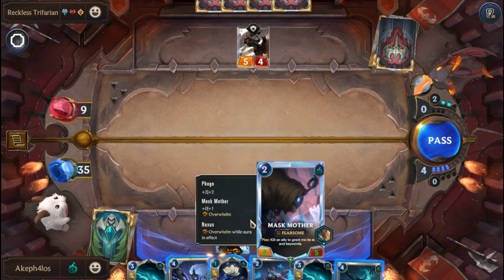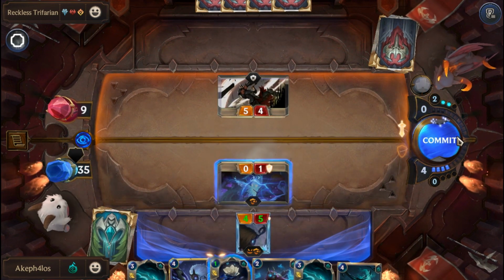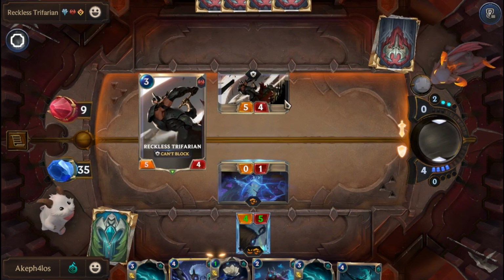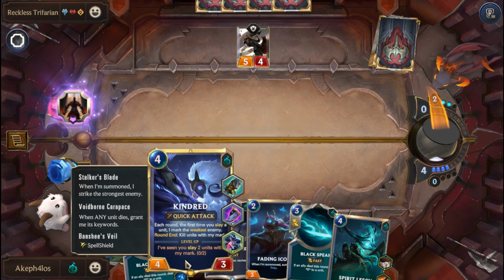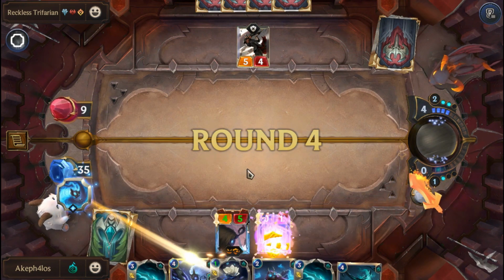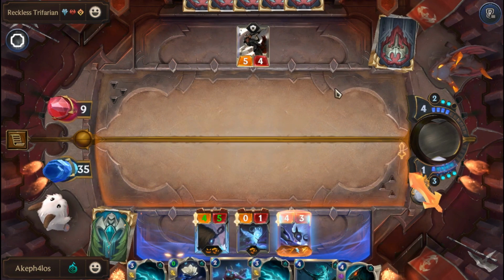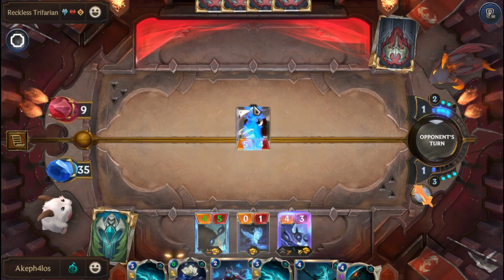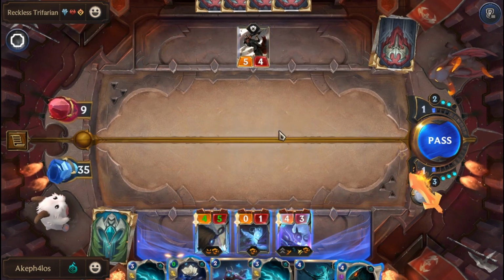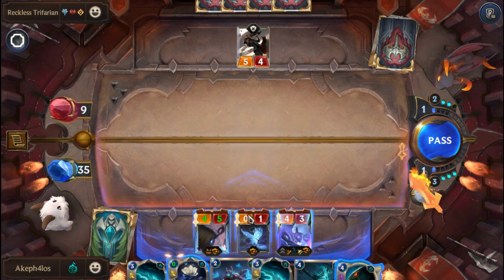Let's go ahead and just end the round. I don't think we're gonna do anything here. Yeah, we'll block this guy. Kindred on. I wish I waited to... Yeah, that way we could give Mark to the Reckless Trifarian there. It is cool though, because I think what we can do is...